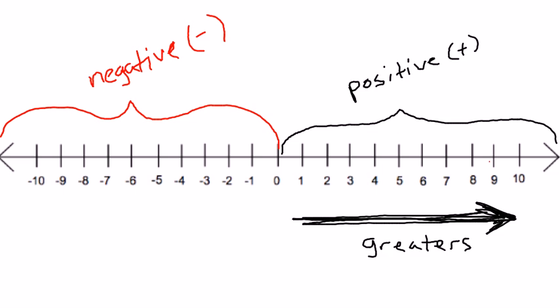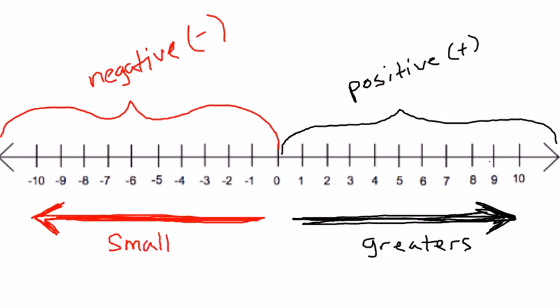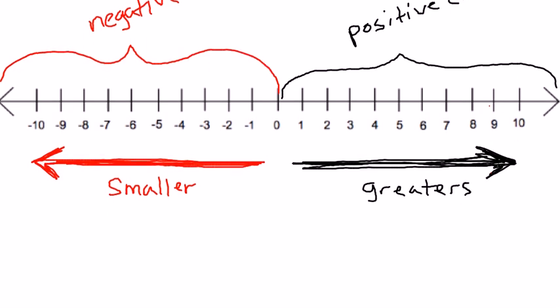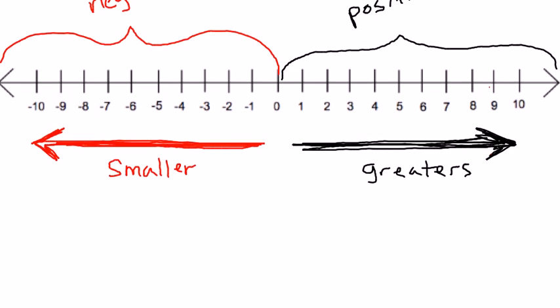The opposite is true as we move to the left. As we move further and further to the left, the more negative the integers become, which means they become smaller. So the more negative an integer is, the further to the left of 0 it is, the smaller the integer is. Let's start by comparing the two integers, -2